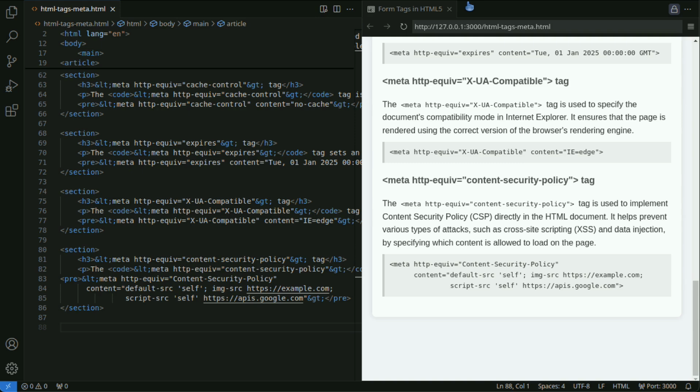Typically, Content Security Policy is sent from the server to the client as an HTTP header. However, if you set it on the client side using the meta tag, it can be written directly in the HTML. However, there are some important differences between setting it as an HTTP header and specifying it with a meta tag.